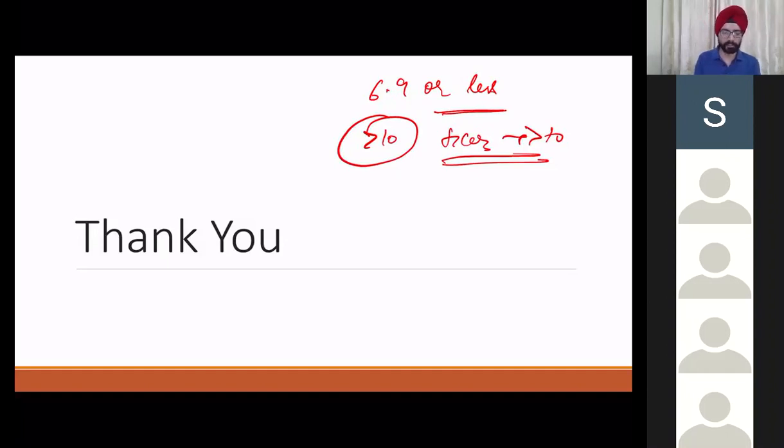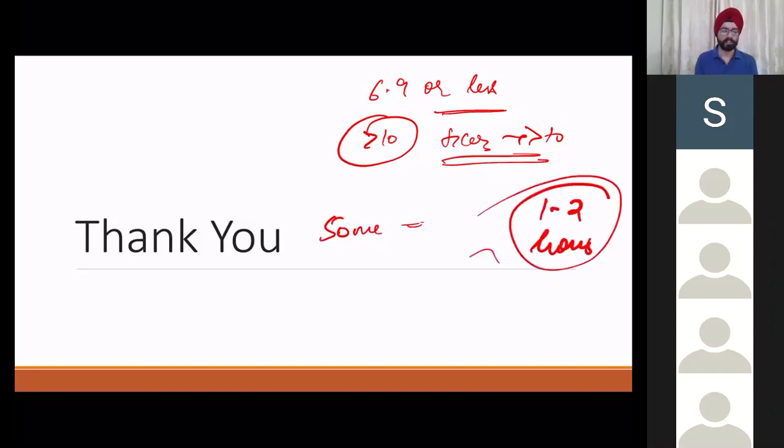Many clinicians give bicarbonate as a direct bolus dose. It should not be given that way. One ampule of bicarbonate comes as 25 milliequivalents. You can give around 50 milliequivalents, so two ampules, over 1 to 2 hours. Some say even 2 to 3 hours. So you should give bicarbonate slowly, and only when the pH is around 6.9 or less.